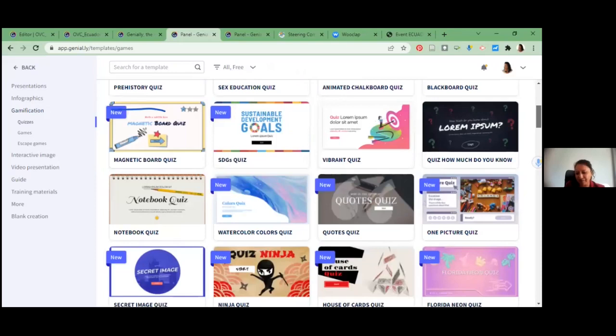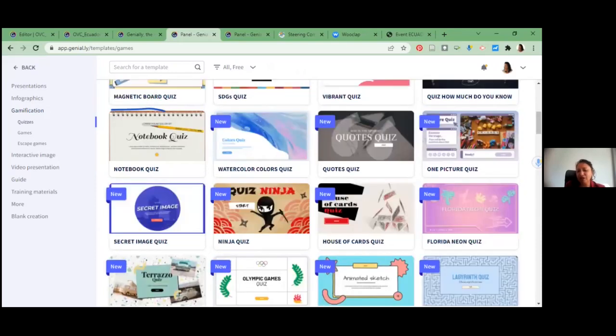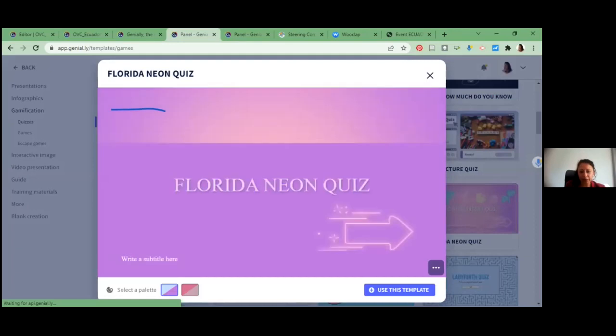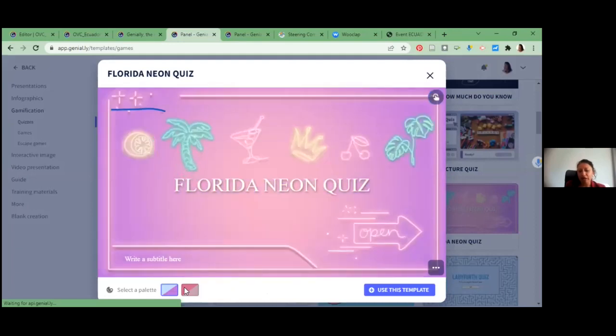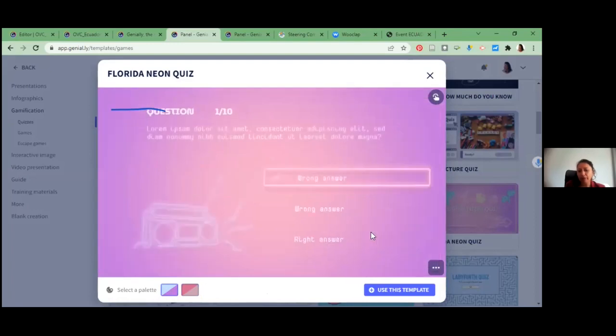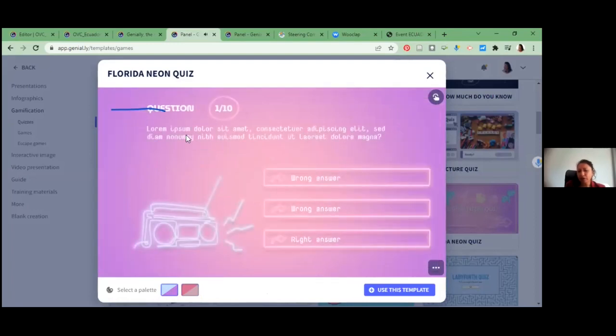It's up to you what you want, and I am going to choose, for example, Florida Neon Pink. Any template that you want, you only click on that, and you can change the color if you want. I love this color, and I am going to open it, and let's have a look. The only thing that you have to do is change everything.